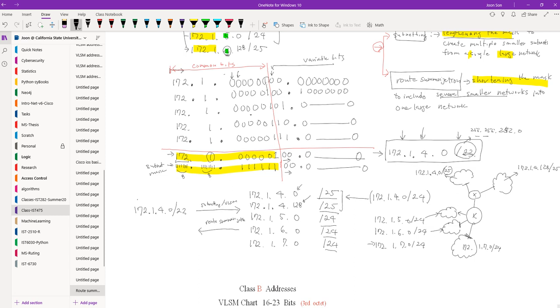128/25. Okay, so that's what's really there, right? Maybe my diagram is not really pretty, so I want to make this pretty. Okay, so what happened is you have a router, right? This big router, and then small router, and like this, right? Okay, now let's say it goes to the internet, for example.